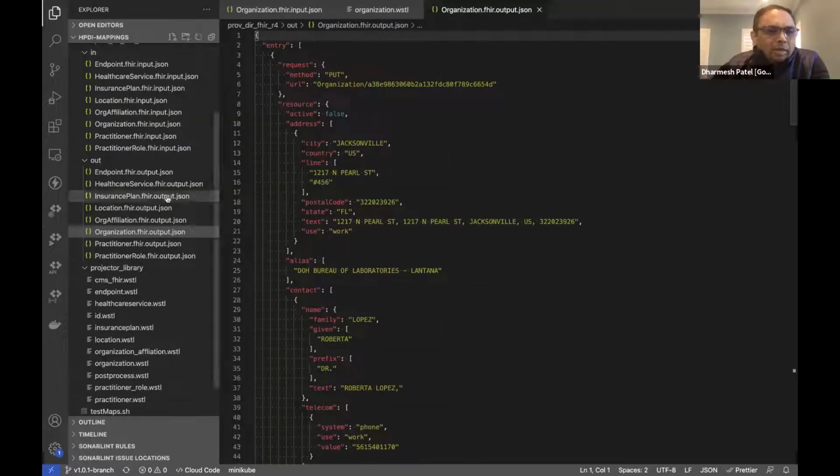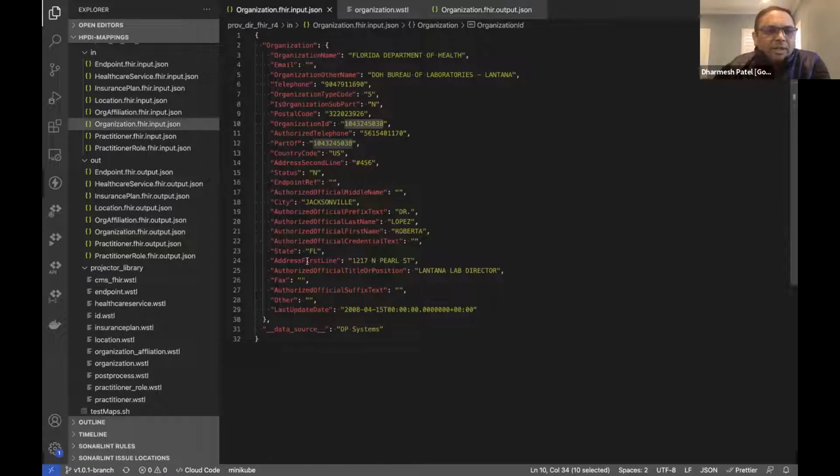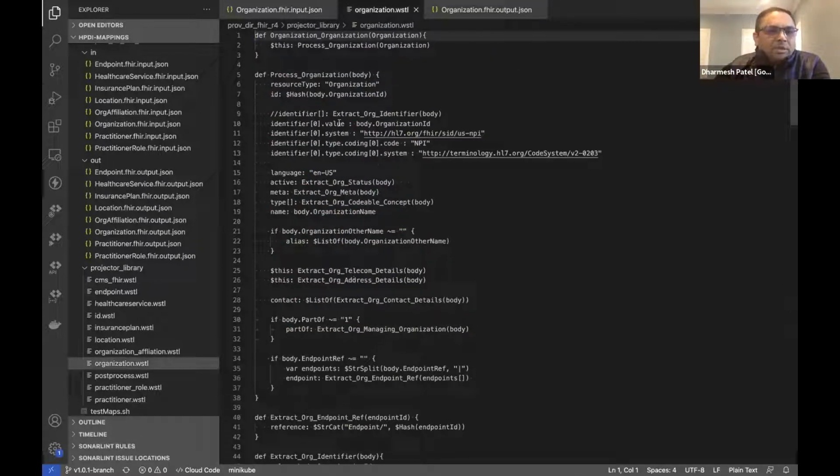If you look at this, I have this bunch of JSON files, which are the input files, where it is very flat, and this was generated out of CSV. So you take a CSV record, and it will create one JSON file. And if you have a CSV file with multiple records, it will create an NDJSON file where each line represents one record. This is the input record, which provides all the data in the flat format. And then what you do is you do the mappings. This is the mapping that we